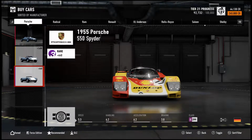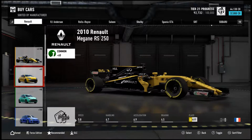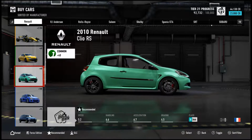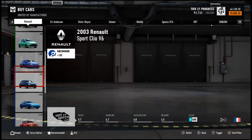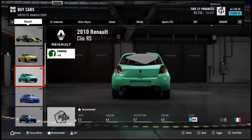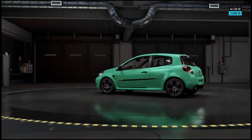Nothing for Porsche. Definitely nothing for Radical. Ram, maybe? No. Renault, I think, should have something for under 30,000. Nope, 32,023. That'll do it. Let's see if there's anything else just before we jump on in. Nope, so there's only one Renault. I like this car, but not the one. Renault Clio, and we have these where I live currently, so I should be interested to see how